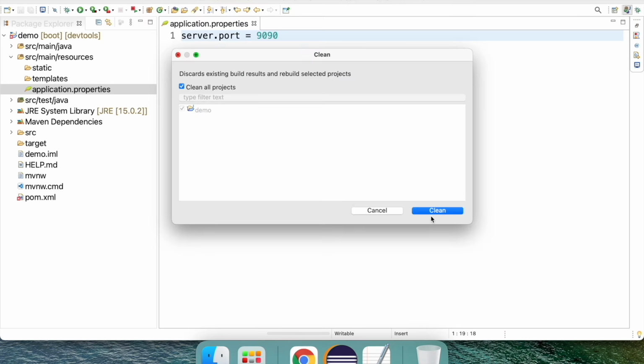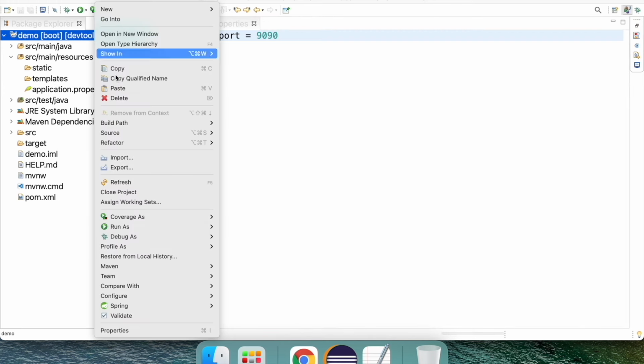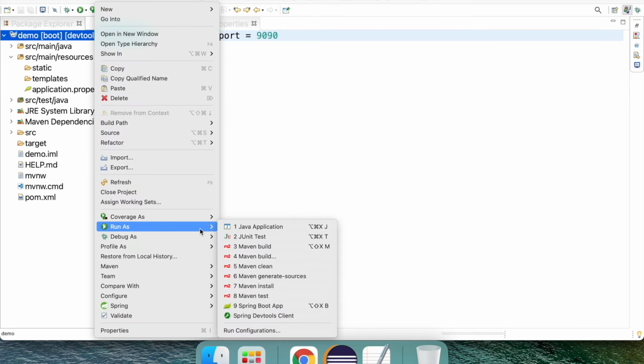Just clean it if there are any errors. Now ideally our application should run on port 9090 because we are overriding the existing port.